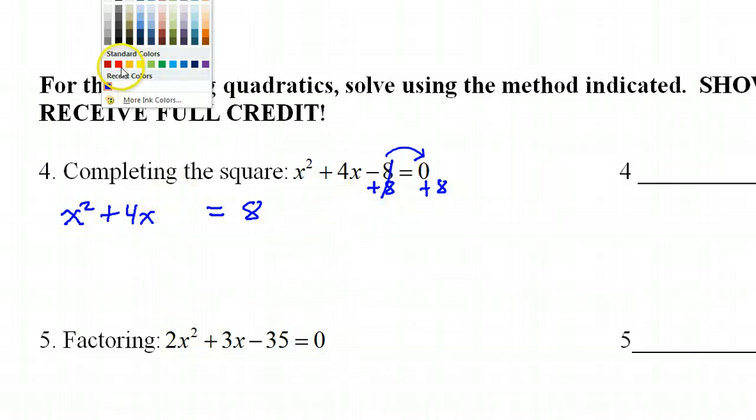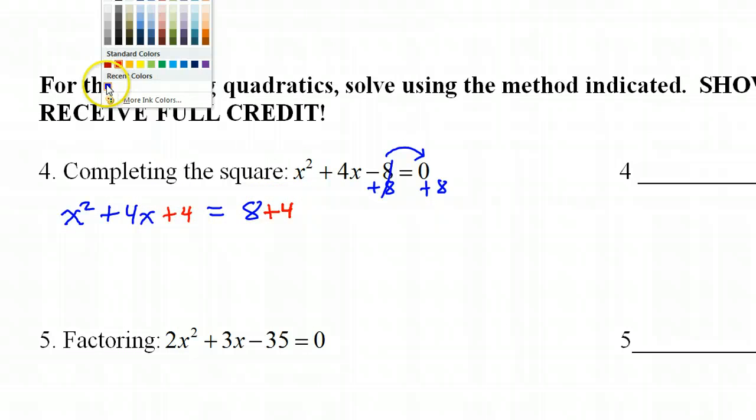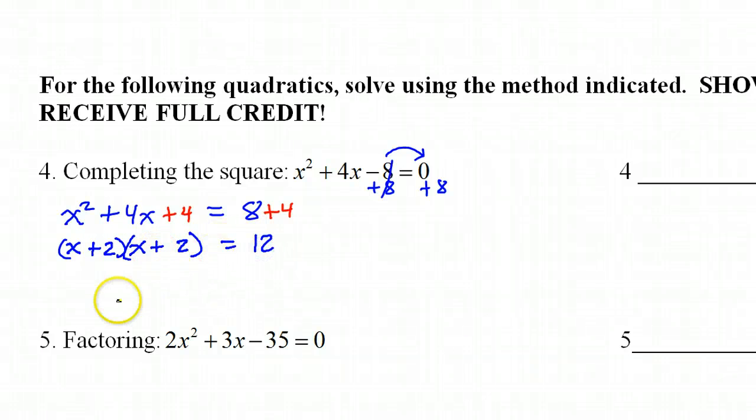Now we're going to complete the square with that special number that comes from doing half of the middle squared. Half of 4 is 2. 2 squared is 4. Okay, so I'll do plus 4. If I add 4 on the left, I've got to add it on the right. So this will always factor now as the same thing twice. So x squared, that'll be x times x. 4 will be 2 times 2. Plus and plus. And of course this is 12. The benefit of having the same thing twice is that I can now write this as x plus 2 squared